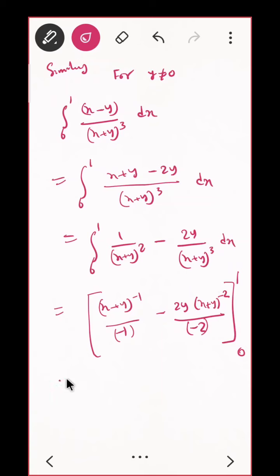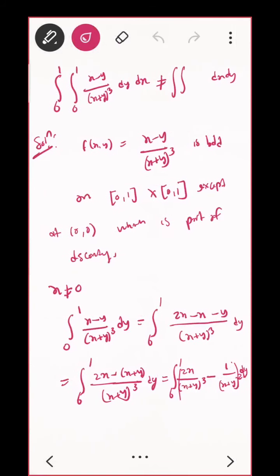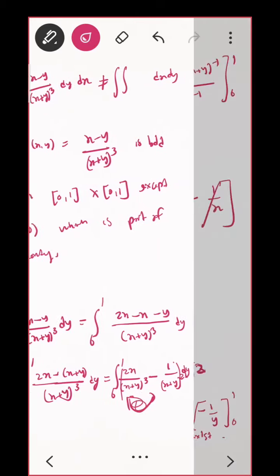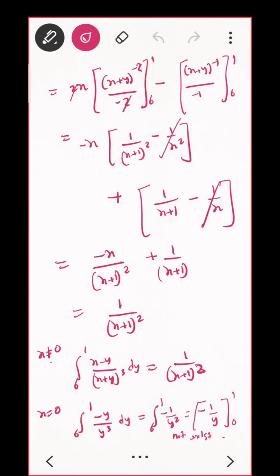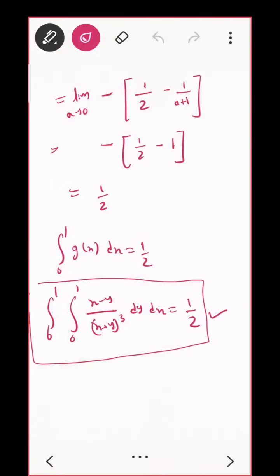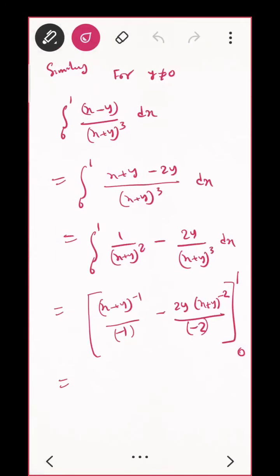Okay. What next? Put the limit, or if you want to solve it, then just put. What will be the limit? Can somebody tell me? It seems like this only, but in this case this term was here; it just changed its position. That's all. So the answer will be just a change of minus sign only. This is 1 upon (x plus y) whole square. If you solve it, since it is symmetric, the answer will be minus 1 upon 1 plus y square. If you put and check, you will get this only.